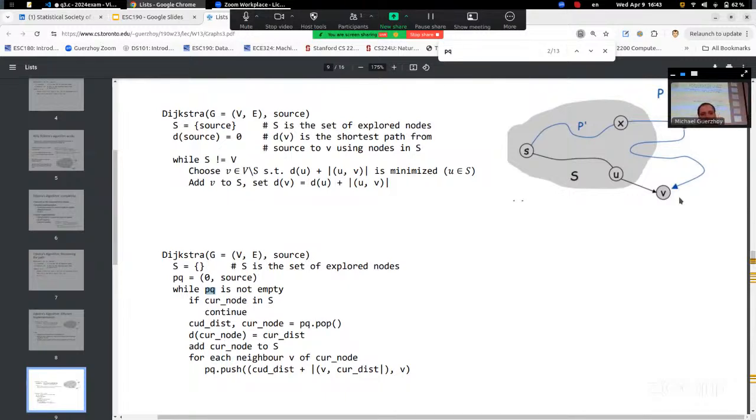And the idea with Dijkstra there is that, and that was proven, it's not super easy to prove, but it was proven that if you explore nodes in this order, so if you get the new node to explore from the priority queue such that the priority is as low as possible, then that priority is actually the shortest path from the source to this new node, and then you explore it, you add its neighbors. Okay, so that was the point of Dijkstra, is that if you explore in that order, then you know what the shortest path is. But